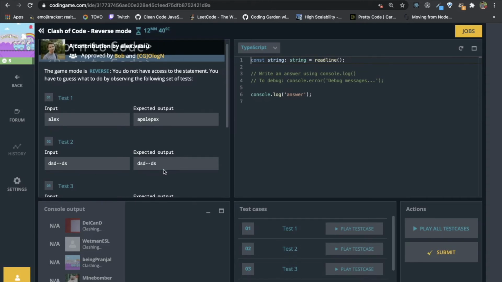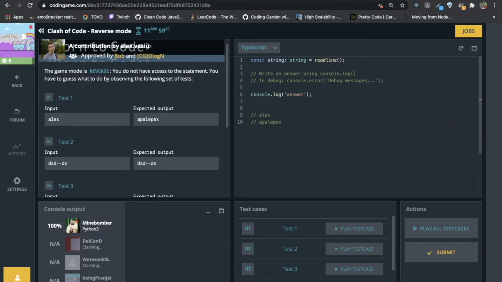Okay, so let's think. For Alex we can write AP, AL, EP. We wrote A and then P, then A and L, then E and P. A and E are vowels in it.